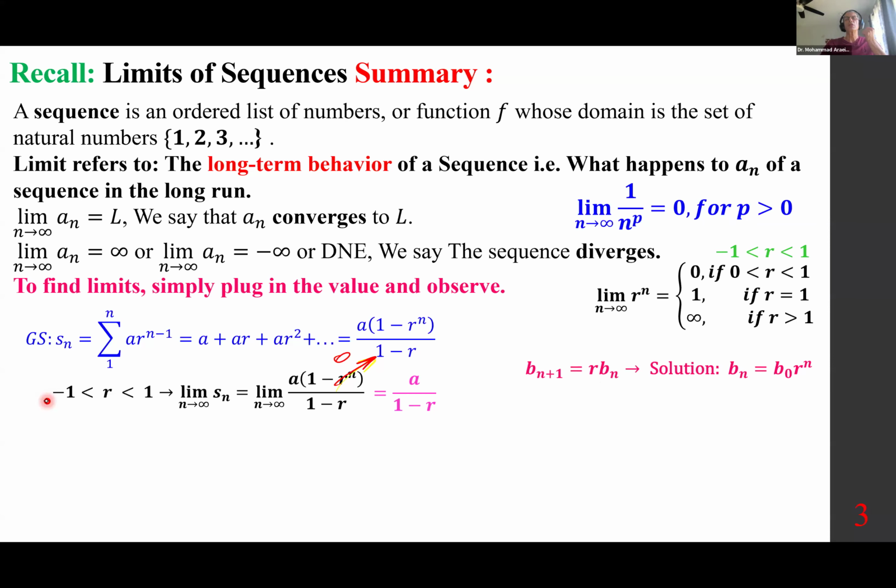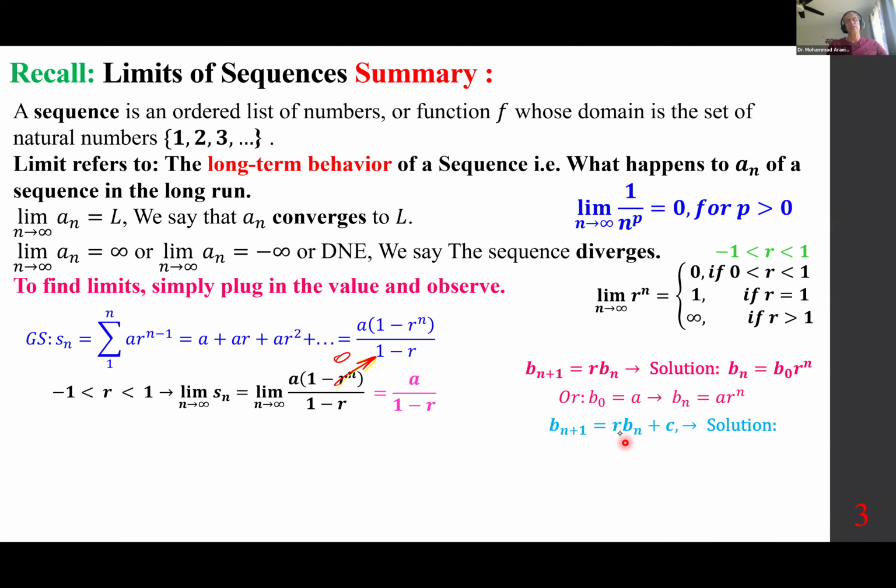A geometric sequence can be solved. b sub n plus 1 is r b sub n using recursive format, or b sub n equals b sub 0 r to the power of n, bear in mind, b sub 0 is the same as a. This is explicitly. If we add a constant to this, like when we give